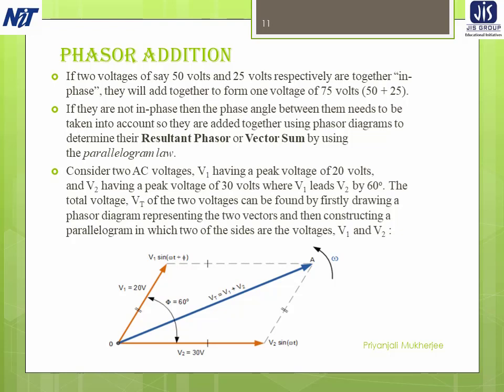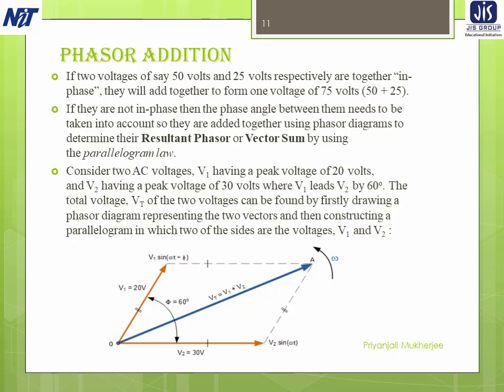So now after this conventional method, we are going to learn how to add two phasors, or the phasor addition. If two voltages of 50 volts and 25 volts are in phase together, they will form one voltage of 75 volts. But if they are not in phase, then the phase angle between them needs to be taken into account. So they are added together using the phasor diagrams to determine the resultant phasor, or the vector sum, by the